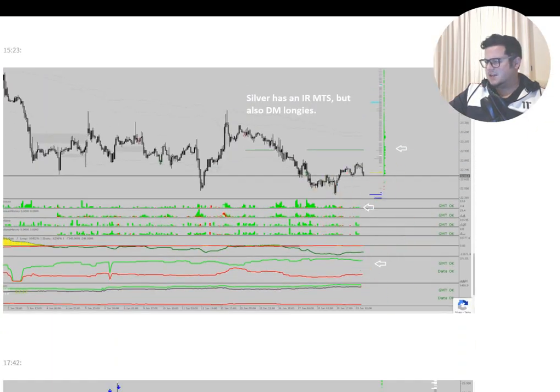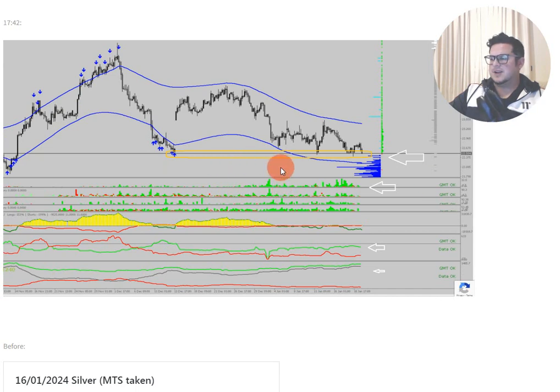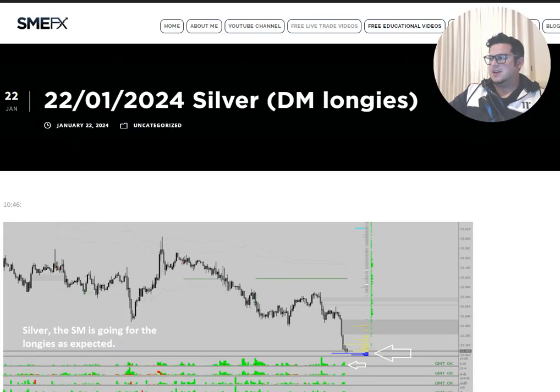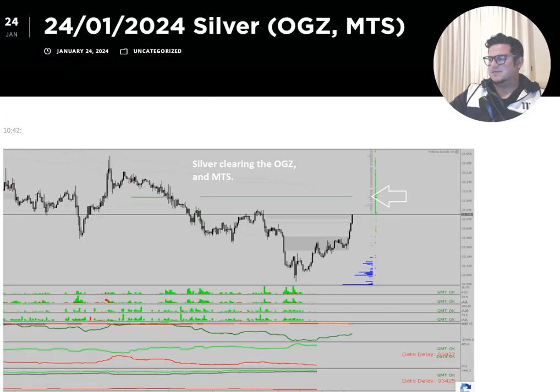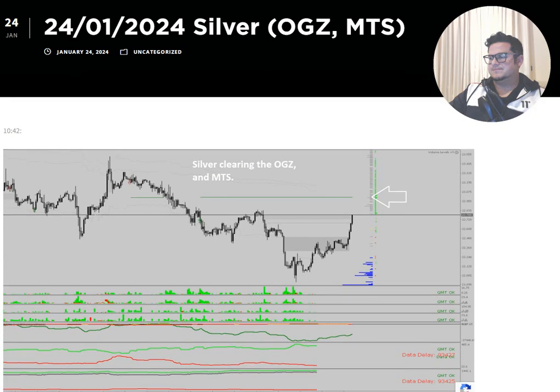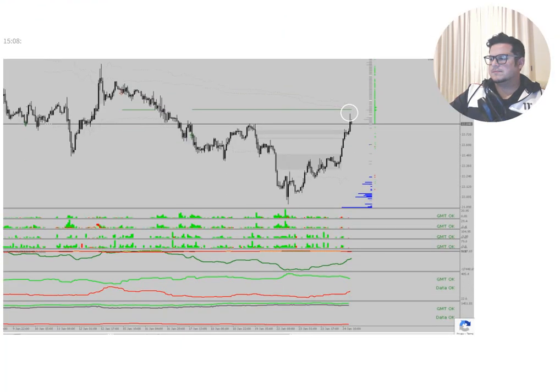Okay, here it's clearly more important for the algos to clear the dumb money longies. Okay, that's what they're doing on the 22nd. Boom, and then later, after this has been completed, on the 24th, okay, once the longies have been served and a bit of shorties came in, then they're going for the upper target. So while this may be a little bit more advanced, it shows you the factors which are important and how the algos prioritize clearing out the dumb money, which is in the way of the actual target.